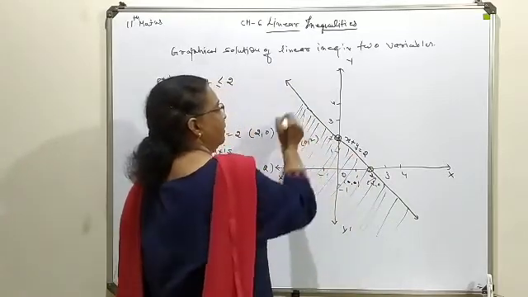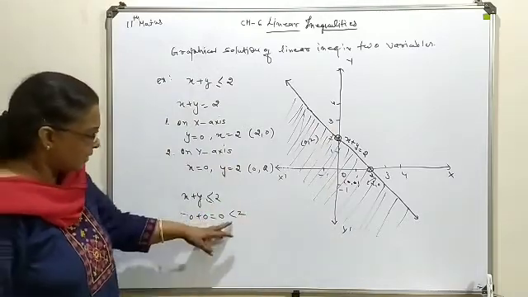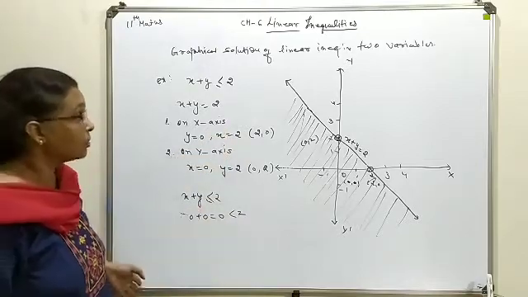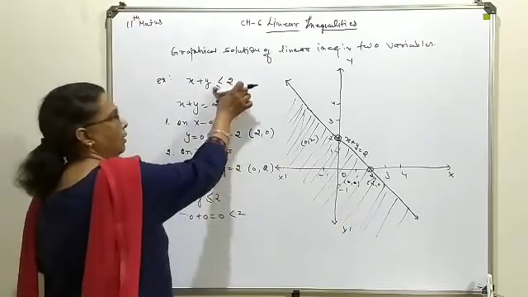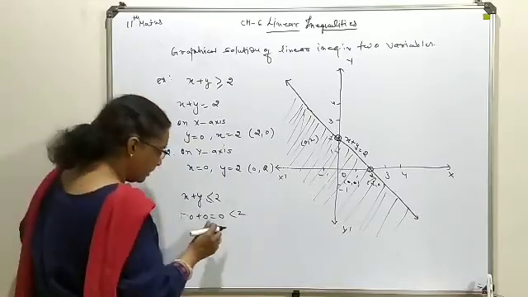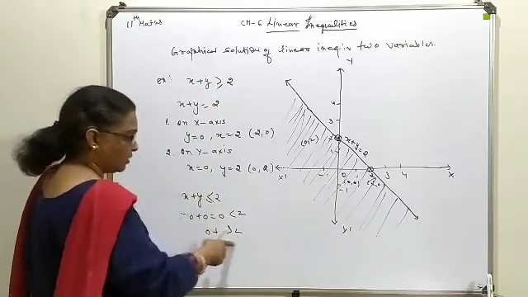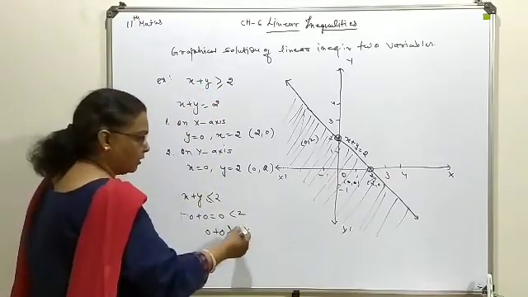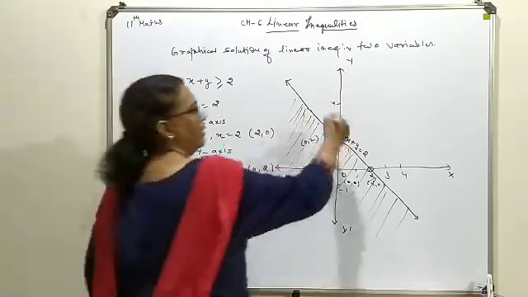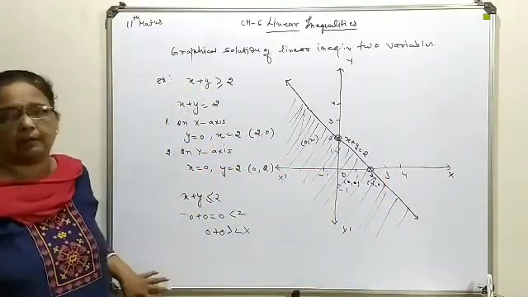Means which side this line is going to be diverted. So this less than sign will decide which side you will shade the region. Suppose by chance in the same question, in place of this less than sign, we are having a greater than sign. So here you see 0 plus 0 is less than 0, not greater than 0. So in this condition it will be evaluated as a false statement, means towards the 0 position we are not going to make the shade. On its opposite side we will shade the region. So this way you will decide about the shading region.